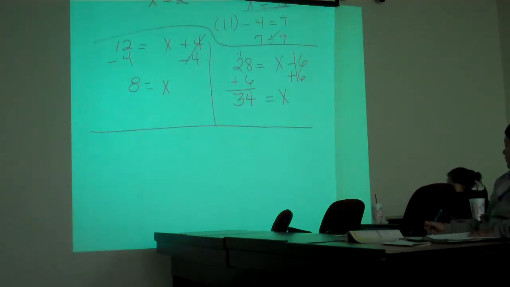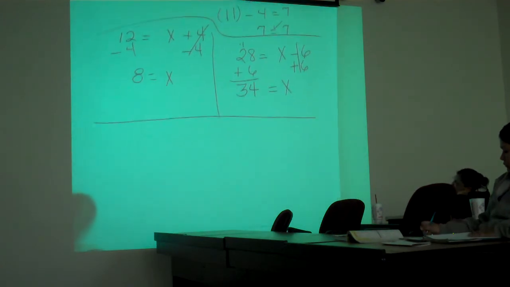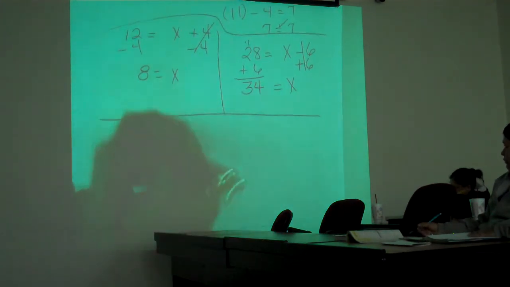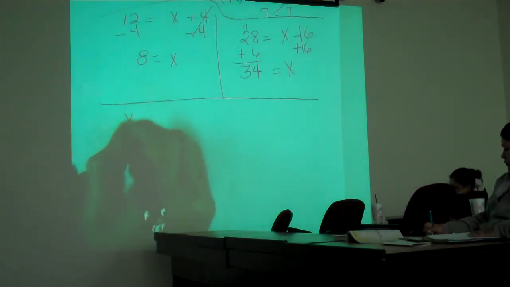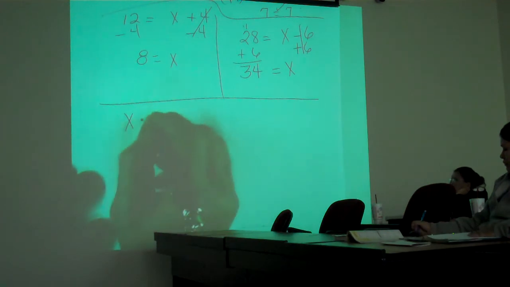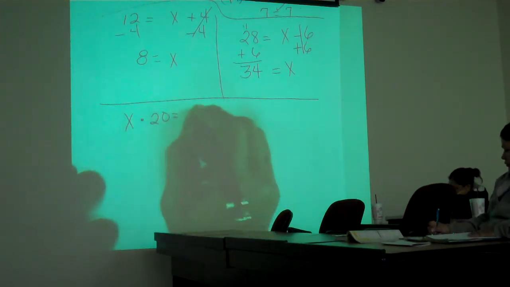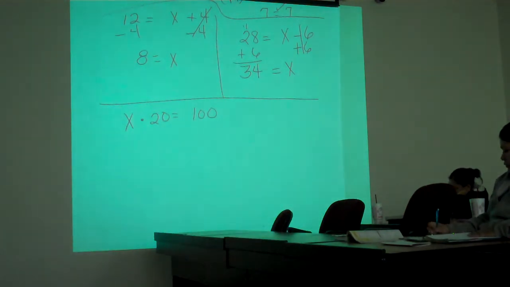You're going to do the same thing with multiply and divide. They're opposite operations, or inverse operations, same thing as opposite. Inverse operations, they undo each other. So if you have x times 20 equals 100. Okay, what times 20 is 100? You kind of already know, okay, the answer is going to be 5. But what you need to do,